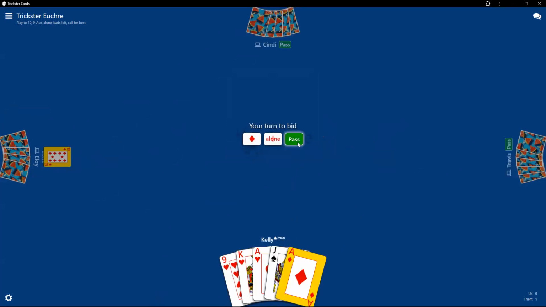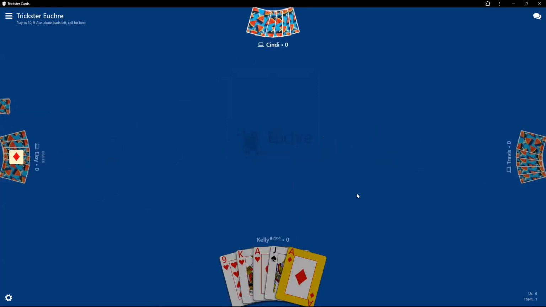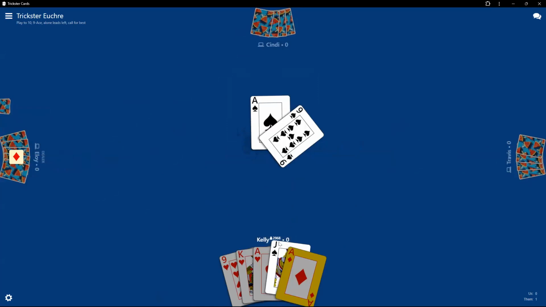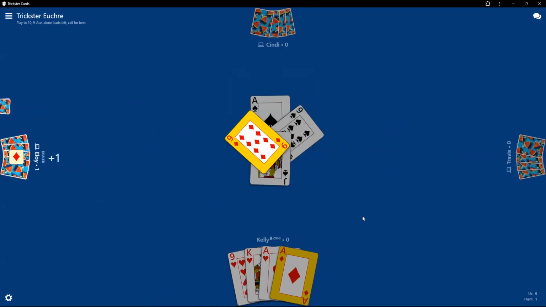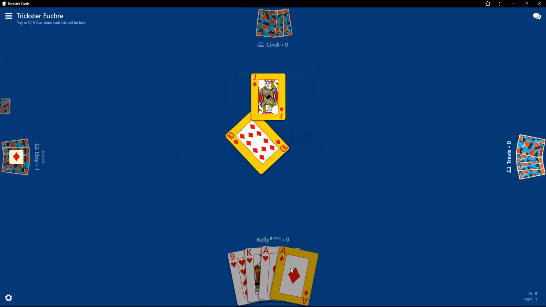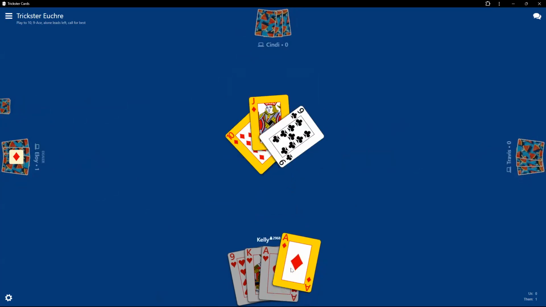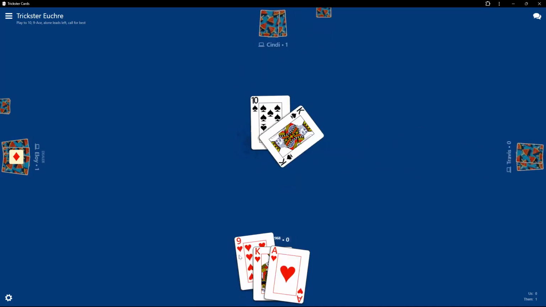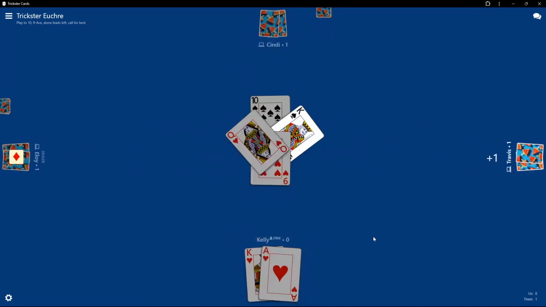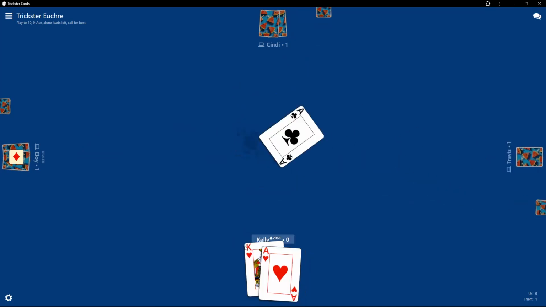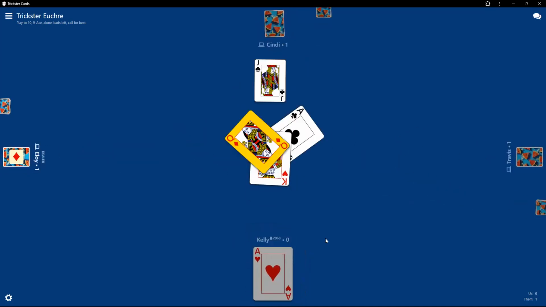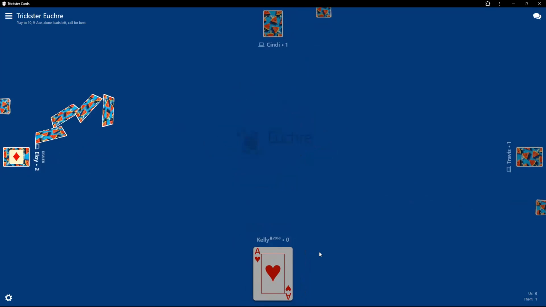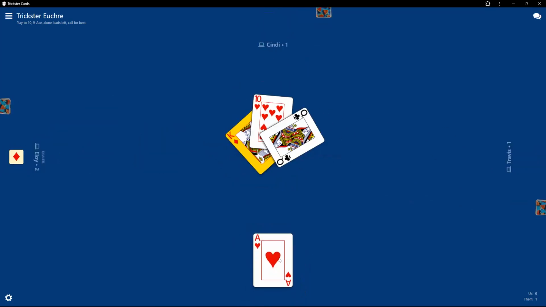So my hope is I pass on this, it goes all the way around and I can make it hearts, but I can't. Oh, well, it is what it is. Got to play the jack because that's what was led. They're going to play trump. Oh, that's a shocker. What a waste of an ace, though, right? Well, we stopped them from getting two points. Aces are nice, but if it's the offsuit, it's useless.